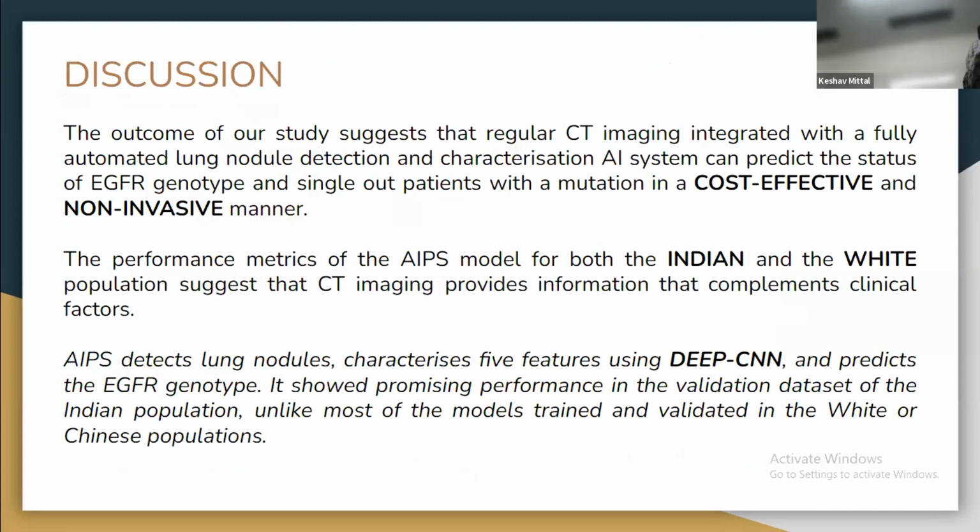So based upon this, now we want to conclude. We started with the problem. What was the problem? We need to put a needle in to take out the tumor. The cost of sequencing is very high. The patient feels pain. You don't need to do surgery. So we need a technology which is low cost and non-invasive. So what we built is a non-invasive technology. That means you just have to take the PET CT scan. You don't have to put the needle. You don't need to do the sequencing.